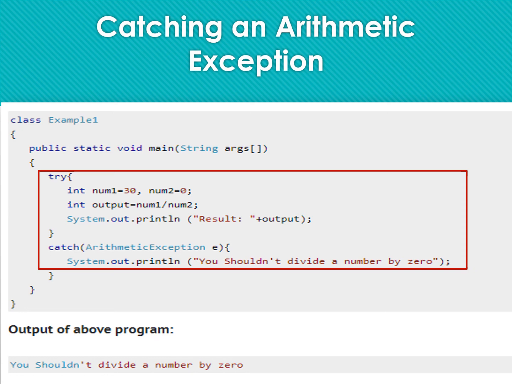For example, in this example you are doing division by 0, so you are expecting that the arithmetic exception will be triggered. So you do try, then catch, you put arithmetic exception E, and in here